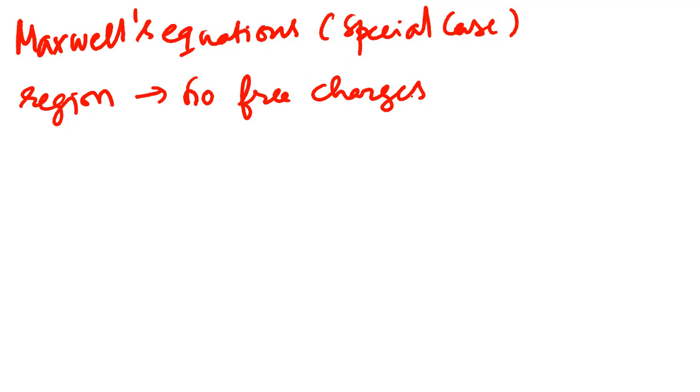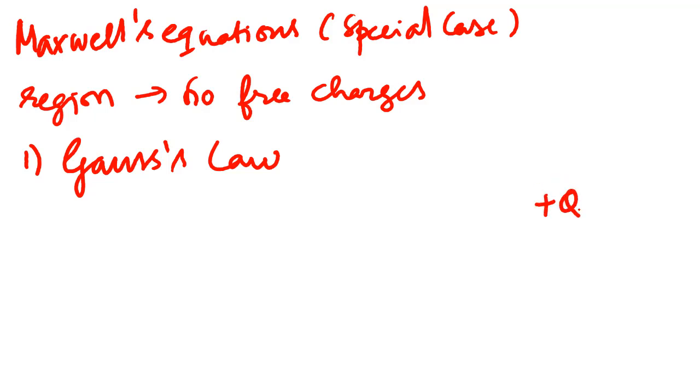And if we look at such a space, the first Maxwell's equation is essentially Gauss's law. So what Gauss's law tells you is how the electric field diverges, or it talks about what is the flux of electric field. For example, if I have, let's say, a positive charge here, right? Then